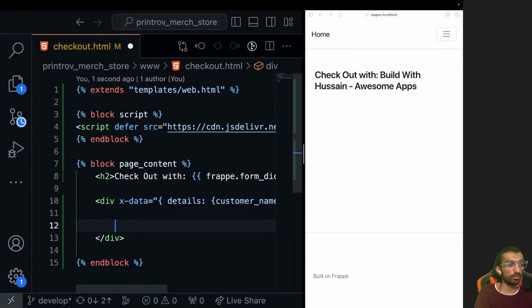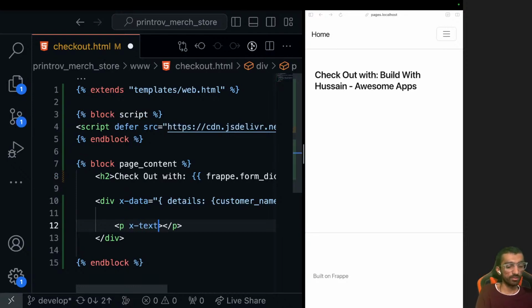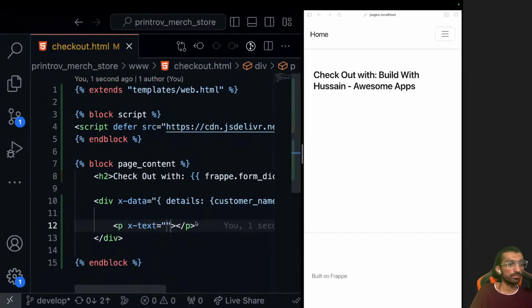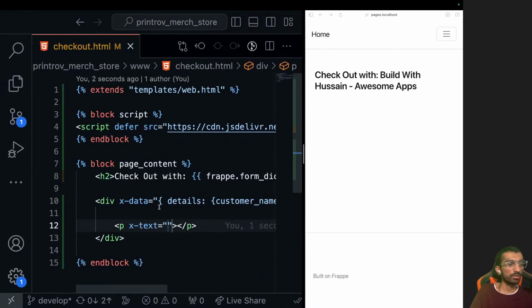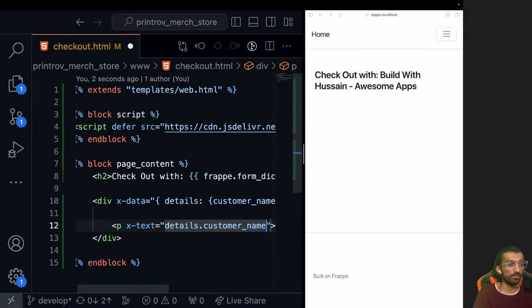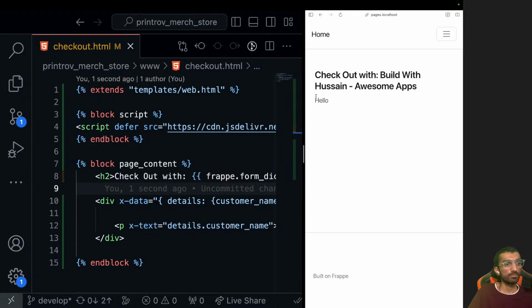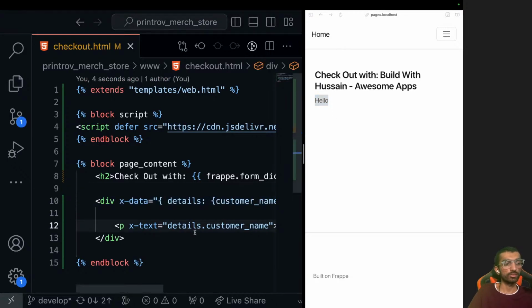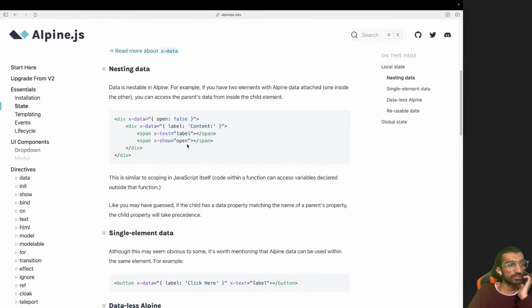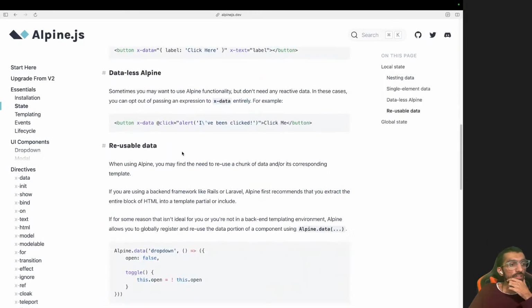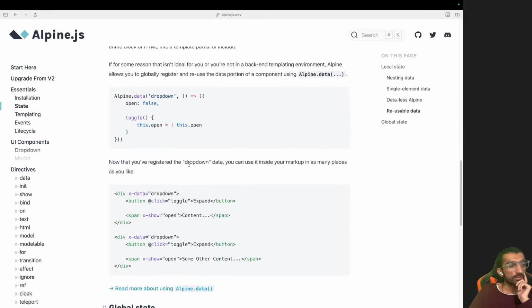Will I be able to use it in this paragraph? x-text equal to details.customerName. Okay, hello. Nice. So reactivity works, this works, and now we need to figure out a way to fill a form,